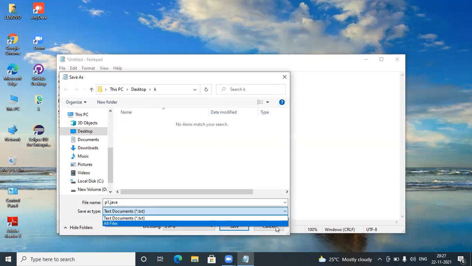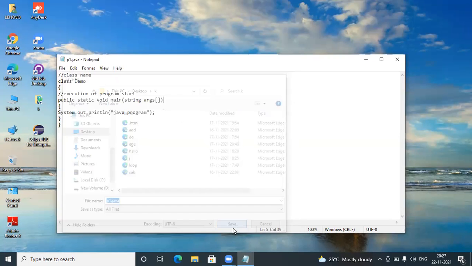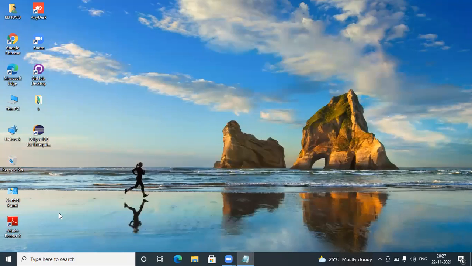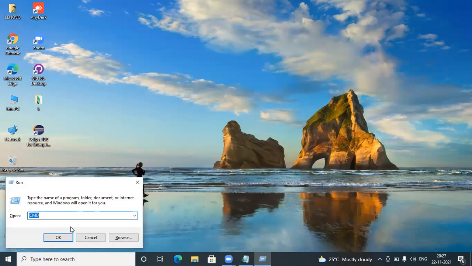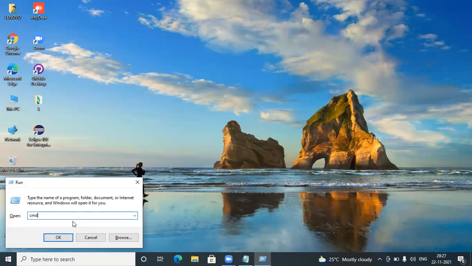Yeah, good. And save it. Yes. Now open the command prompt. Type in small, CMD, okay.